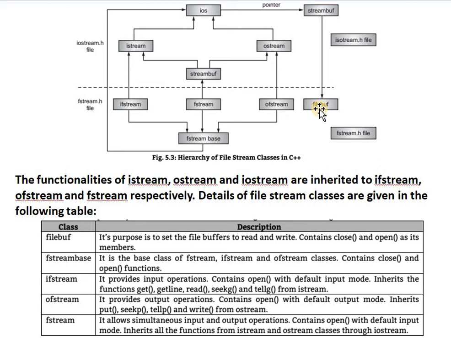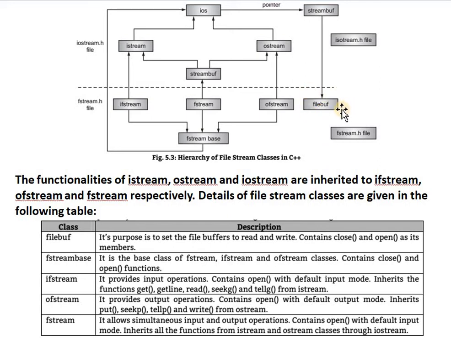Filebuf is used for input and output operations on a file. This class inherits the streambuf class. It also arranges memory for keeping input data and for sending output. Filebuf means file buffer.